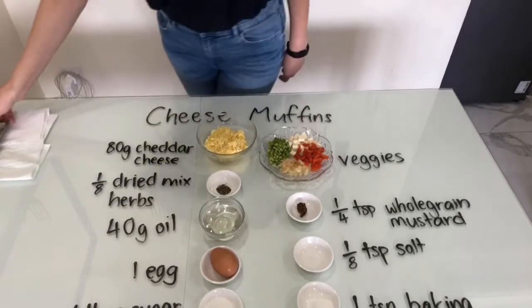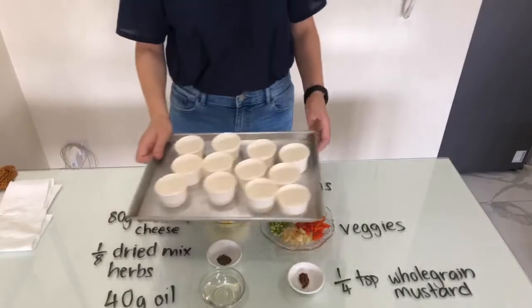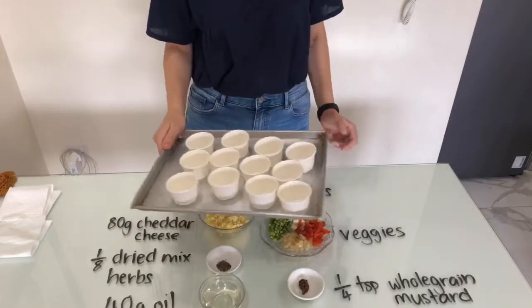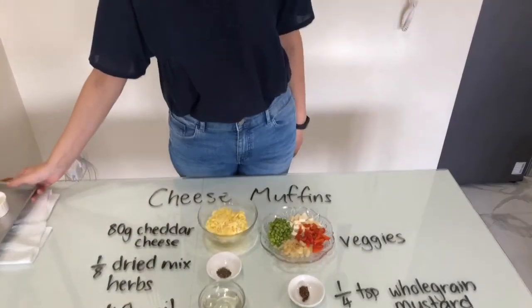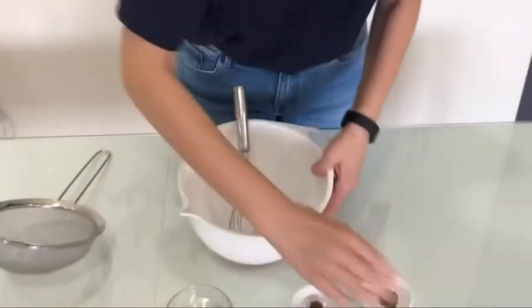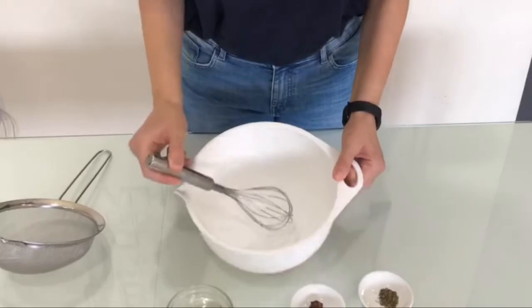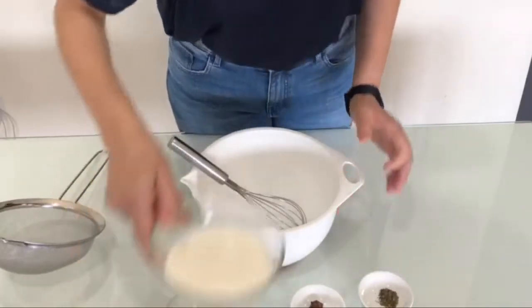We're going to need a baking tray. There's 12 small muffin cups on my baking tray, and the oven is heated to 180 degrees Celsius, top and bottom heat. Now I'm going to start off with wet ingredients in the bowl. So my wet ingredients for this recipe: milk,